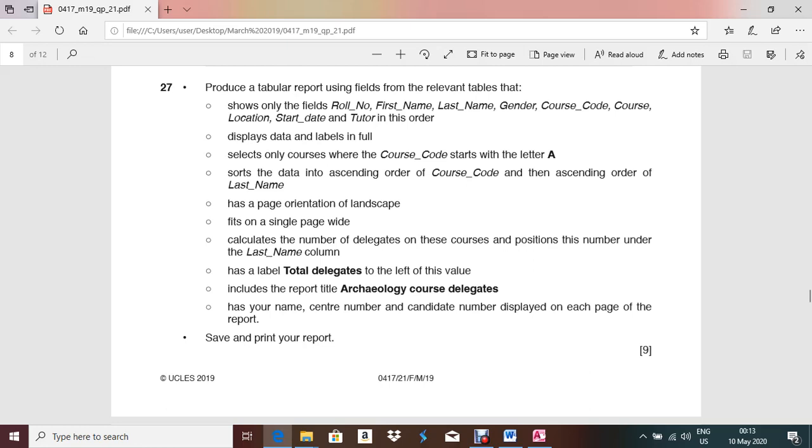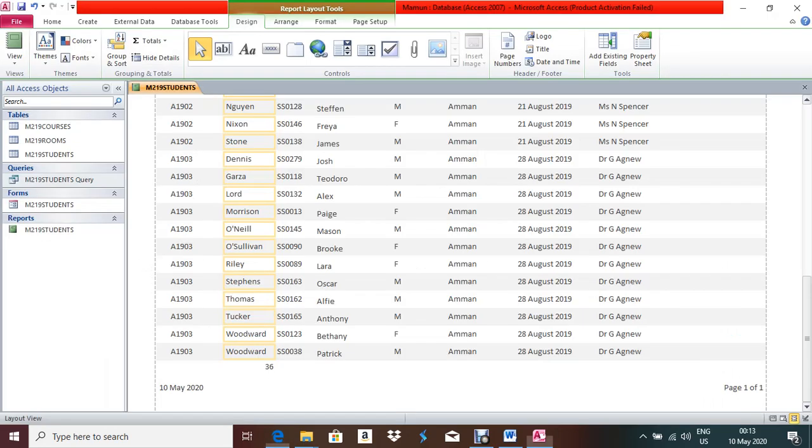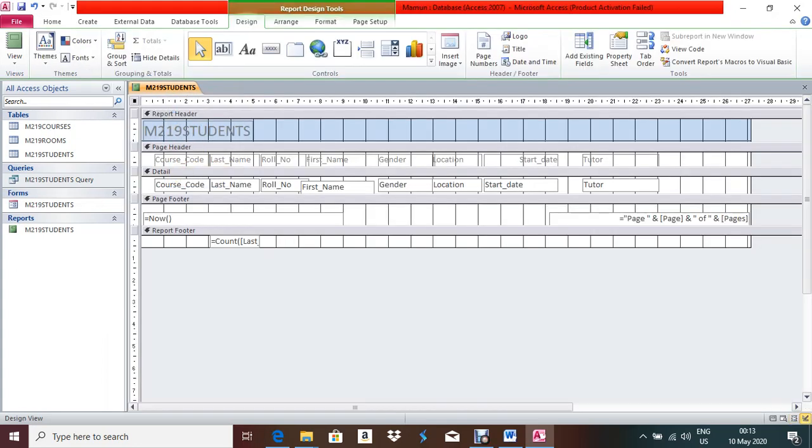Now next, add the label total delegates to the left of this value. So you have to write total delegates. My computer sometimes works, sometimes does not work properly. I will write manually. Total delegates. Okay, so we have to open this in design view, and before this formula, see this formula is visible.